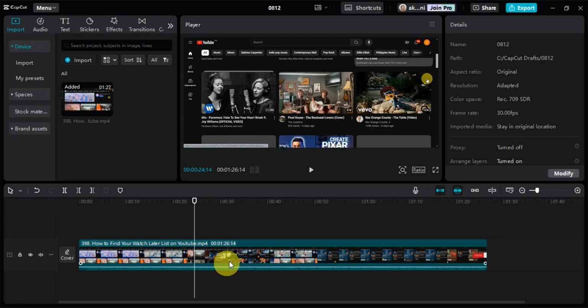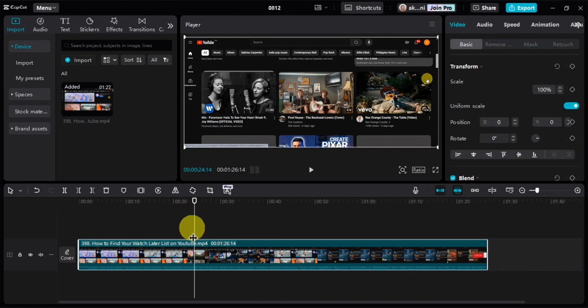So for example, I want to take a screenshot onto this part of the video. So you'll just have to go ahead and hover this line over in here. So you need to drag them and place them onto the part where you want to go ahead and take the screenshot. Right after that, just click onto the three lines onto the upper part of the screen and export